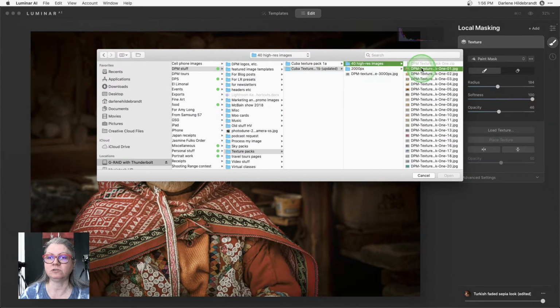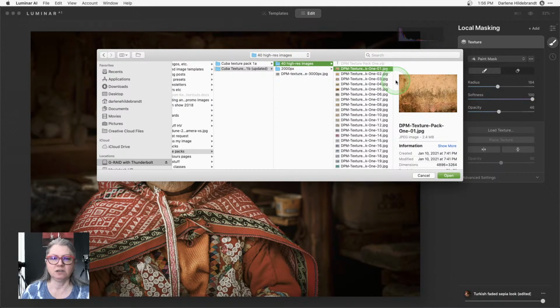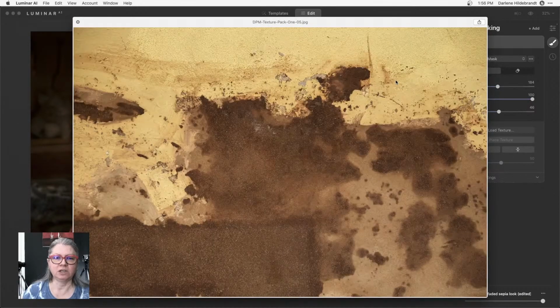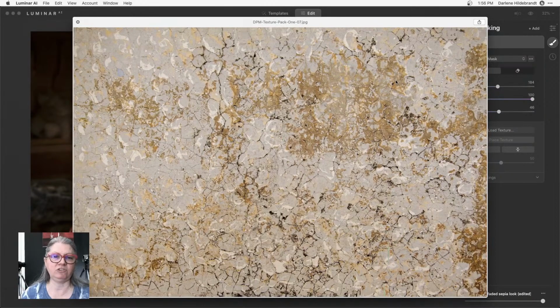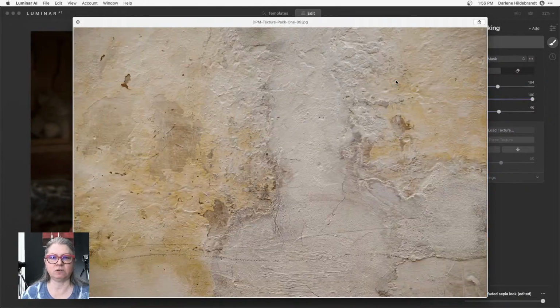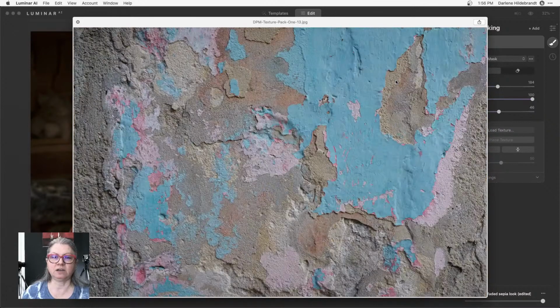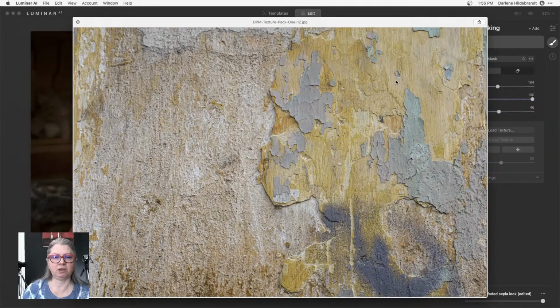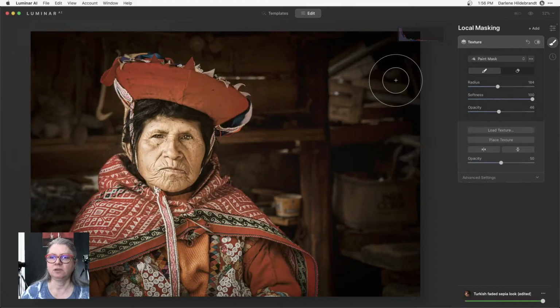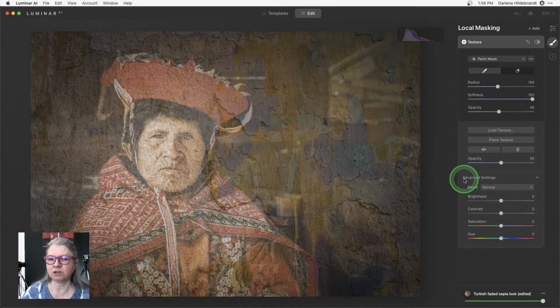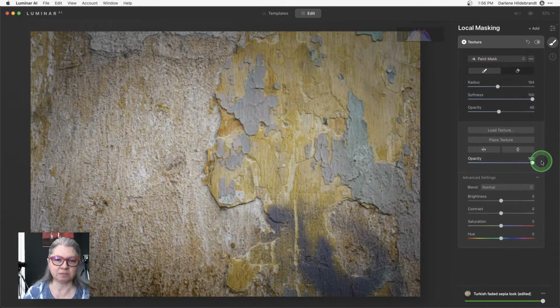So if you want to play with these kinds of things, I'm just going to try and pick one that I think might look aged, like the image, right? So I want it to look more old. You might want to find one that's like paper. This one might be kind of cool. Let's try this one. And when it applies, it comes out at 50% opacity. If I dial it up to 100% opacity, you can see that now the texture takes over.